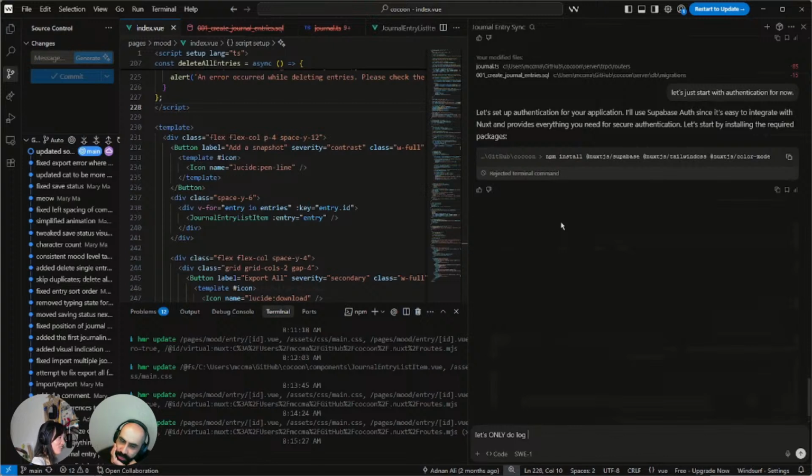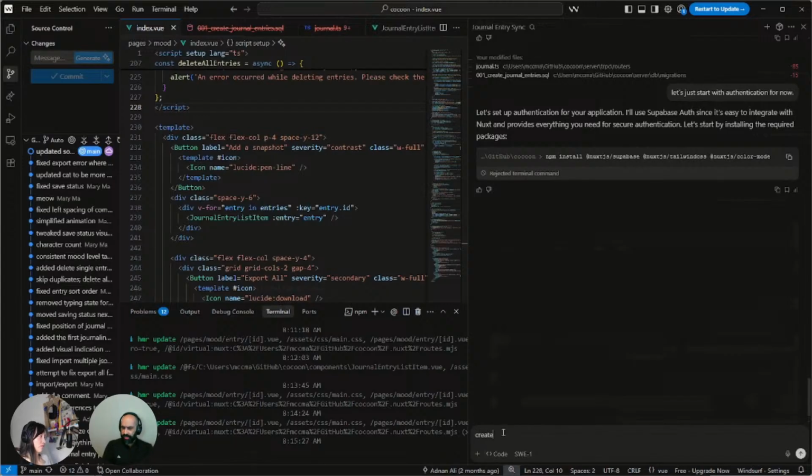I don't know. Okay, I feel like it doesn't feel precise. When I say let's do authentication, what do you imagine this entails precisely? Do we need to create a page first or something? I would assume that it could do everything for us, to be honest, mostly in terms of creating pages and all that business.